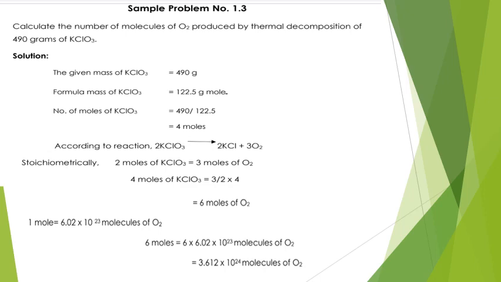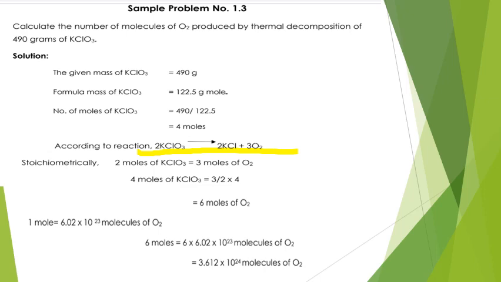I hope you are familiar with thermal decomposition. If not, then listen. Thermal decomposition means you are going to heat a substance in the absence of air so that it will decompose, it will break down into simple components. Here, the equation you have to write yourself. The equation is: 2KClO3, that is potassium chlorate, 2 moles of it decompose to produce 2 moles of KCl and 3 moles of